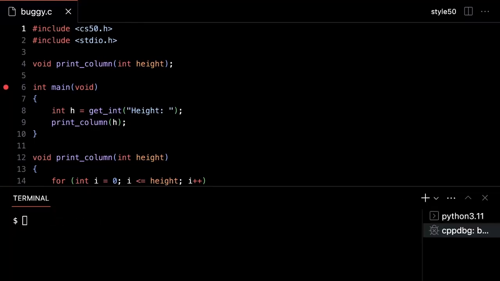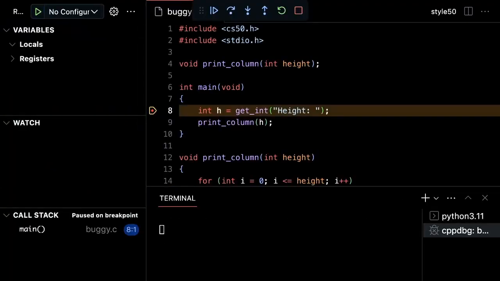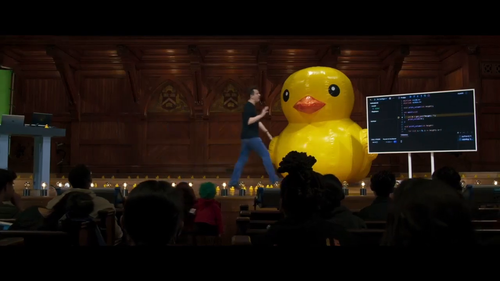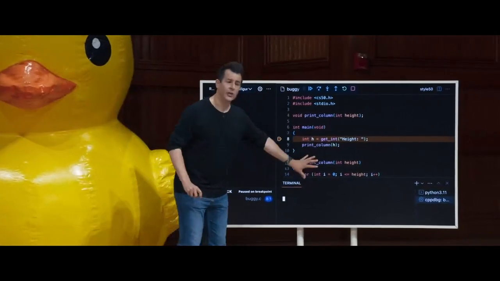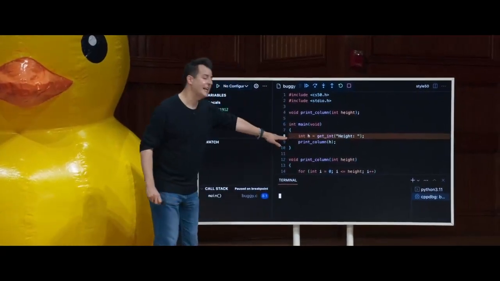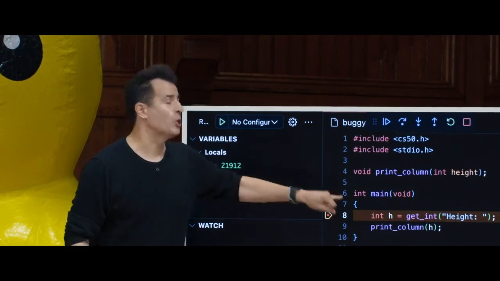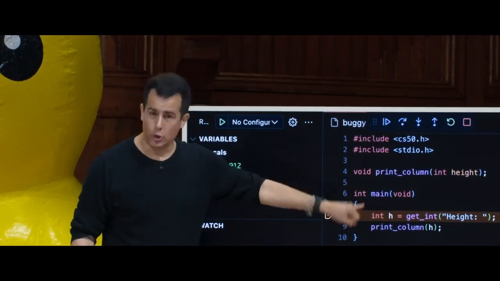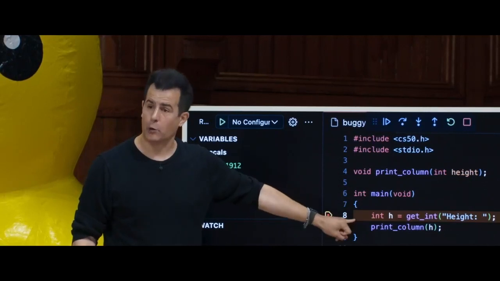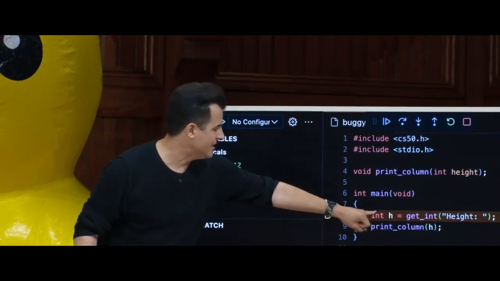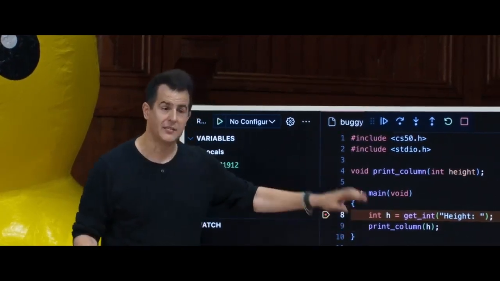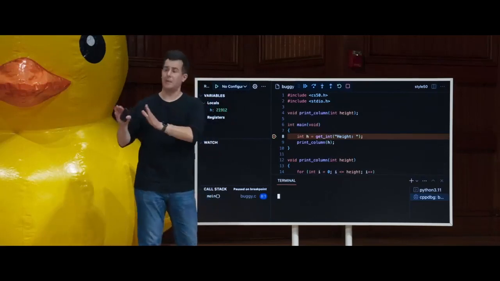And now a bunch of things are going to happen on the screen. It's going to look a little overwhelming perhaps at first glance, but there's some useful stuff that just happened. So one, my code is still here, but the first line of actual executable code at or below the breakpoint I set is highlighted in this yellowish green here, which says this line of code has not yet been executed.